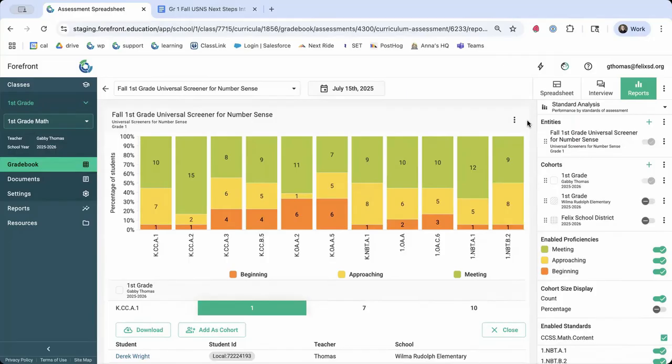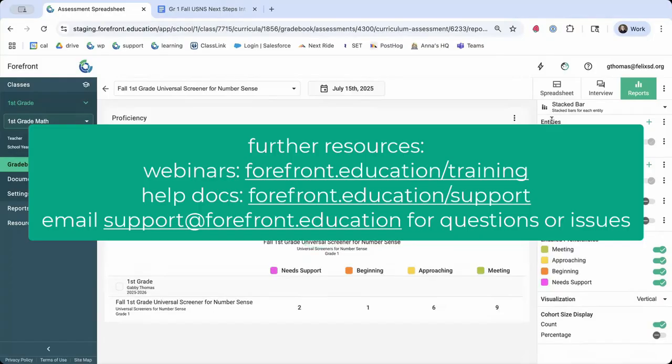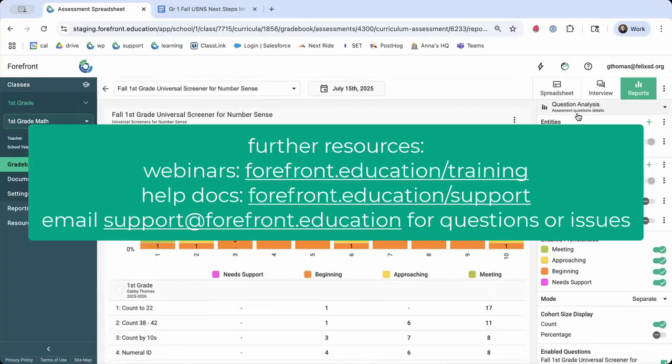especially as you start getting those additional assessments as you're thinking about growth. So just a plug there, keep an eye out. We do a lot of on-demand webinars, have help docs to support with even more advanced reporting things. But again, we like to say at Forefront, think about 20% of your time looking at data and then 80% of time taking action. So with that in mind, I'm going to stop this video here,